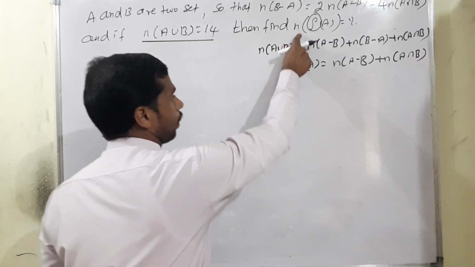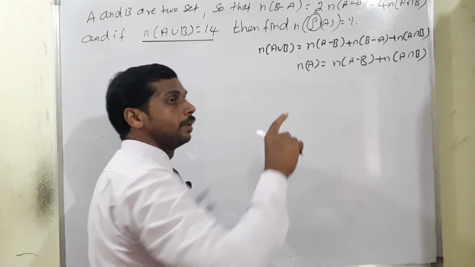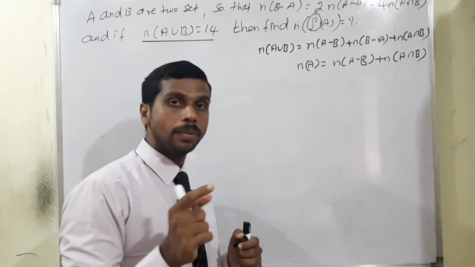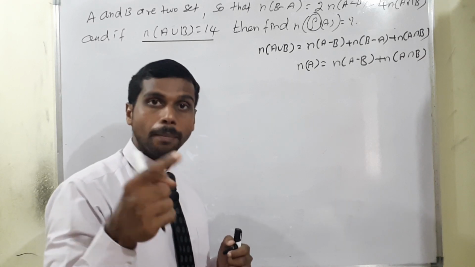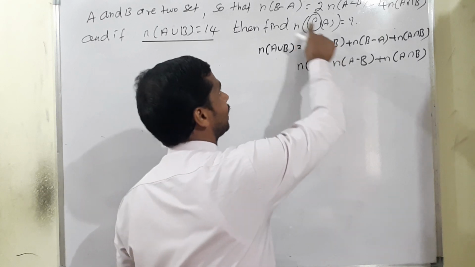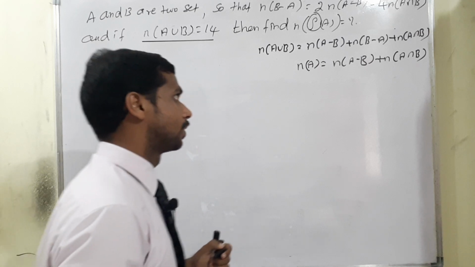So this is one of the important two formulas. Two formulas means I already applied them in the properties of set operations. Number of A union B, what is the formula? Number of A plus number of B minus number of A intersection B. But here I have taken A minus B. Why? The given condition also has B minus A or A minus B. That's why I just interchanged, okay?